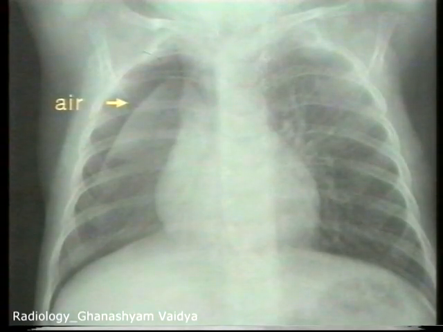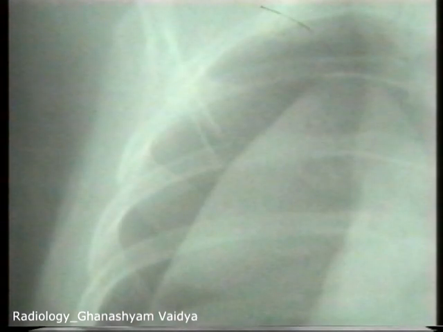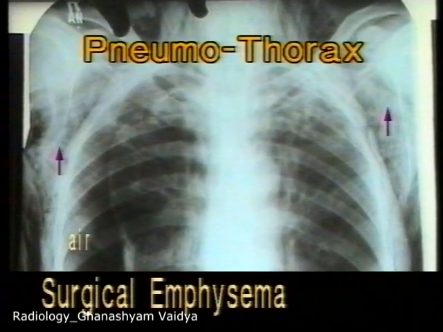This is another case of pneumothorax in a child. Note the radiolucent shadow around the right lung. The lung border is sharply defined and the lung itself shows uniform opaque shadow suggestive of associated consolidation. If the pneumothorax is very small or not seen clearly, then the X-ray should be repeated in full expiration when pneumothorax is demonstrated more clearly.